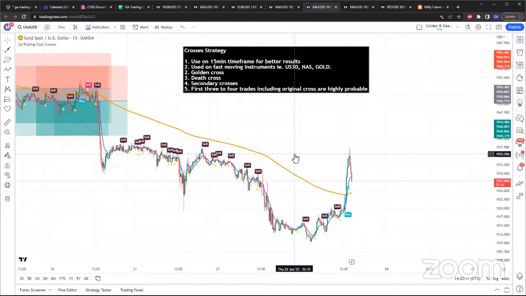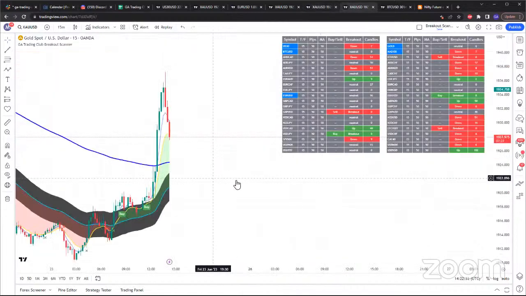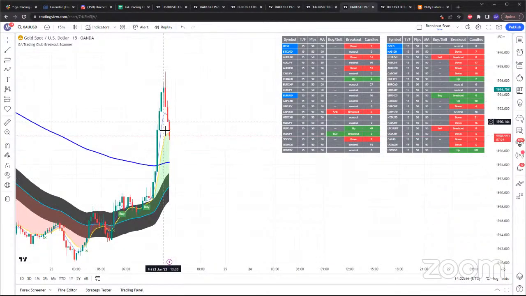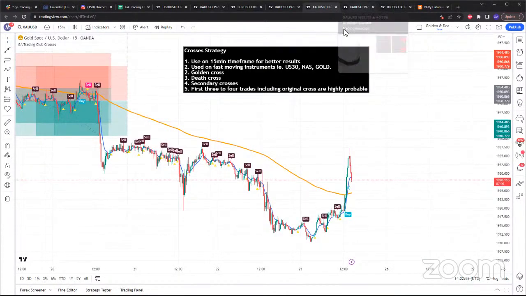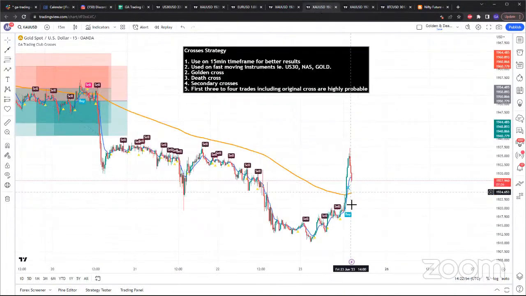This is why I give you guys access to all these indicators, so that you can say, okay, the crosses indicator, which has a 90 to 98% win rate, is telling me to buy. That's amazing. But I also have the breakout scanner. What is the breakout scanner telling me? It's telling me, hey, look here, I gave you an entry 2 hours ago. So if you're trying to chase this buy right now, we are in a buy momentum, but be careful about that.